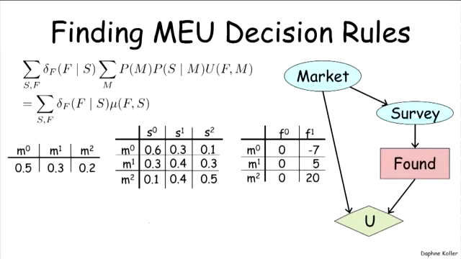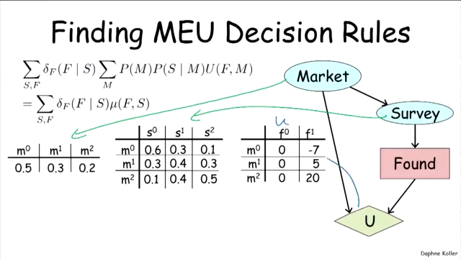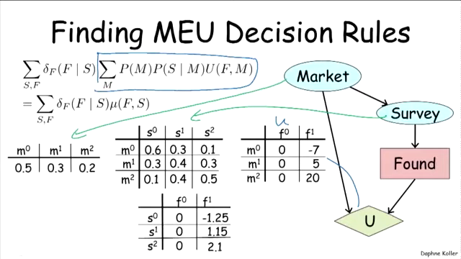So here are the three factors that we have in this network to begin with. This is the CPD for M over here, the CPD for S given M in the middle, and here is the utility factor U. It comes from here. And now if we go through this computation and compute this expression over here, this is what we get. It's a factor that gives us this value for each value of the variable of the action F and each value of the survey variable S. And if we want to maximize this summation,